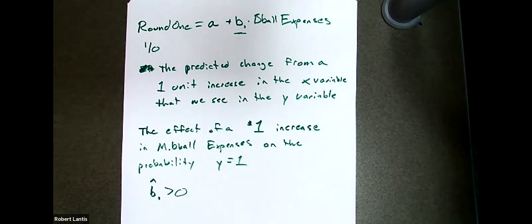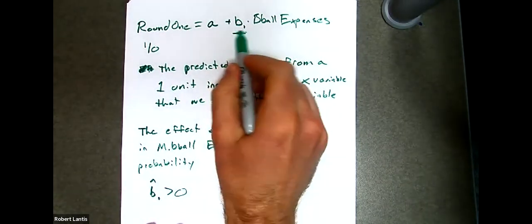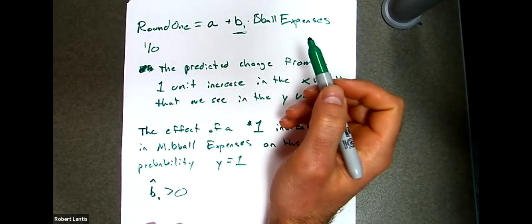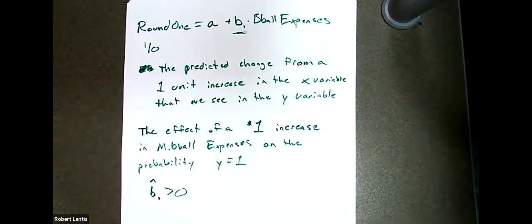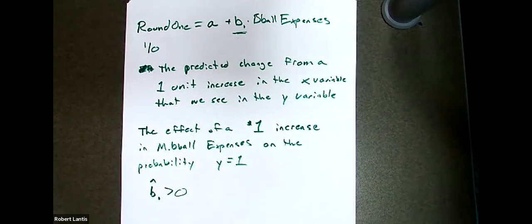And so we said last class, well, if I have the effect of one additional dollar, how can I get the effect of 1,000 additional dollars? Yeah, just multiply that by 1,000, right? Just like we did the SAT, we had the effect of 1 point. How do I get the effect of 100? Well, multiply that by 100, right? Just scale it up. So we'll do that here in a little bit once we get this estimate. But we also talked about,